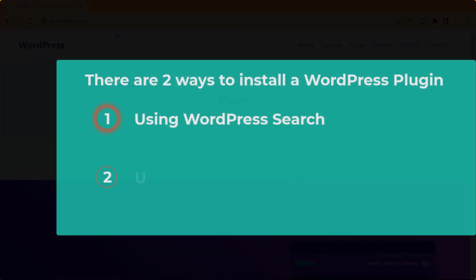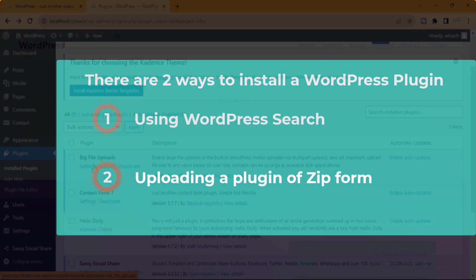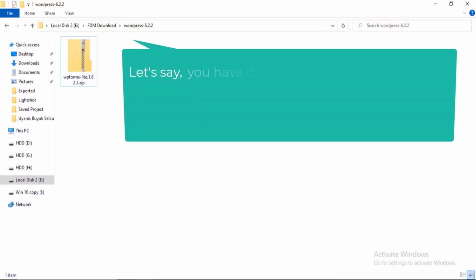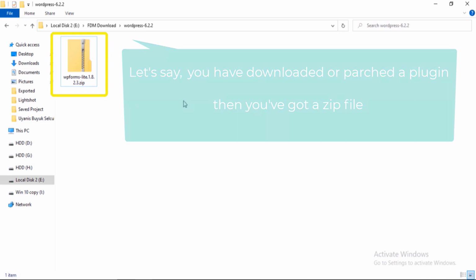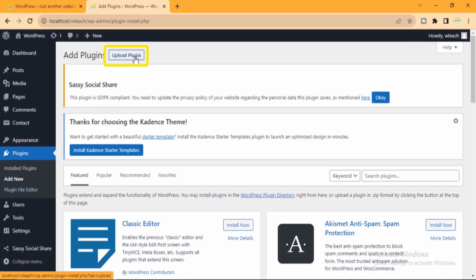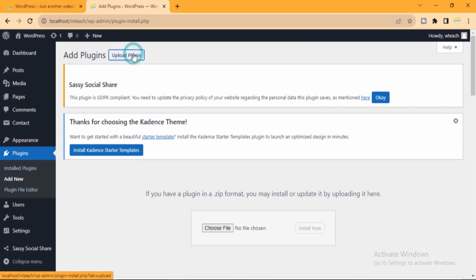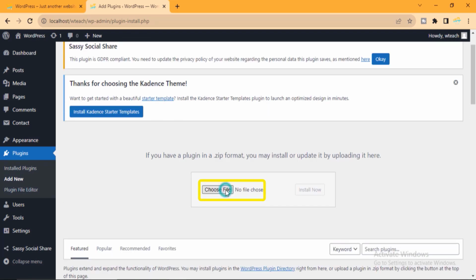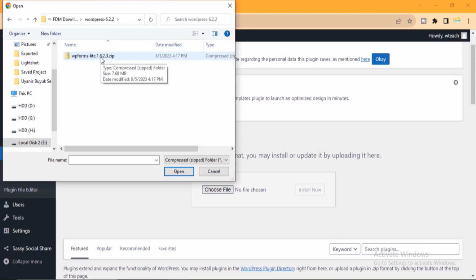The second way is uploading the plugin in zip form. Let's say you have downloaded or purchased a plugin, then you have got a zip file like this. Now, go to plugins and add new. Then click on upload plugin. Click on choose file. Now select the zip file